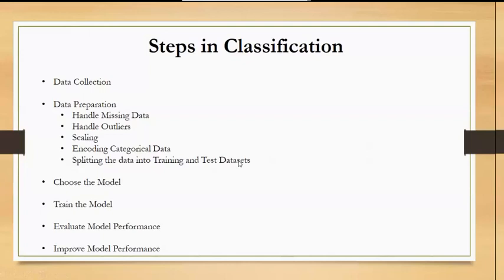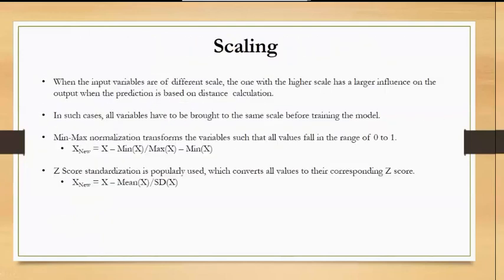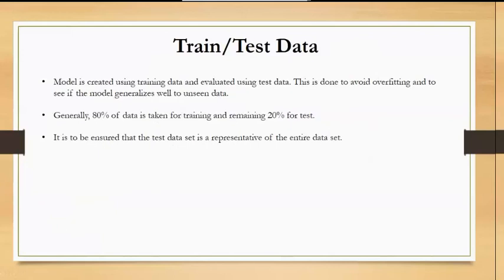The next step in classification is splitting the data into training and test data sets. Generally, the data is split into 80% training and 20% test data set, where 80% of the data is used for training the model and 20% is used to test the model to check how the model performs on unseen data. There could be cases where a model performs well on the training data, but fares very poorly on the test data. This is called overfitting. We'll generally have to choose a model that performs best on test data.